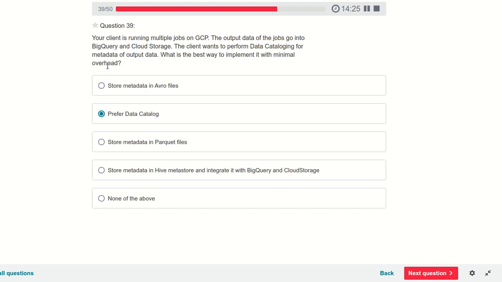So whenever the question mentions metadata, we always prefer Data Catalog, so that is perfectly okay. Store metadata in Avro, Parquet, that is wrong. Store metadata in Hive, wrong. We don't need to store the metadata, since Data Catalog is already a service to perform operations on the metadata.